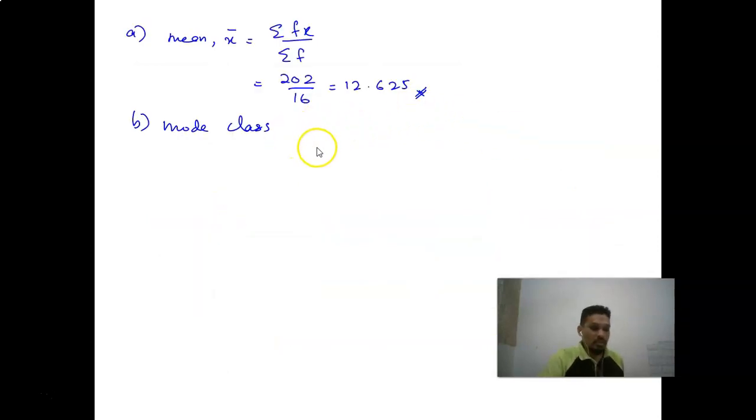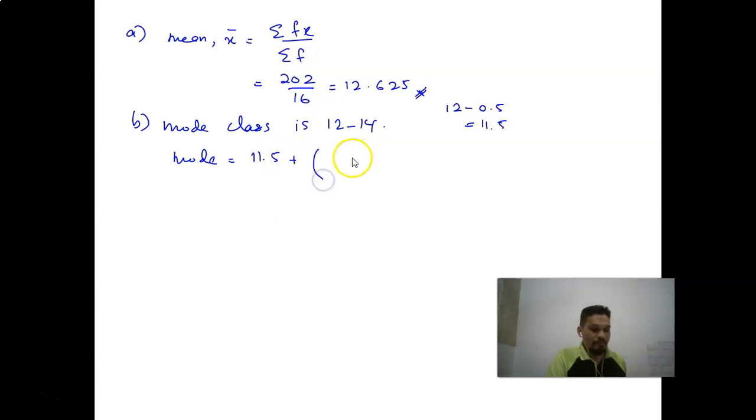The mode class is 12 to 14. So we list down here the mode equal to L, the lower class boundary, which is 11.5. Yes, 12 minus 0.5 is 11.5. So 11.5